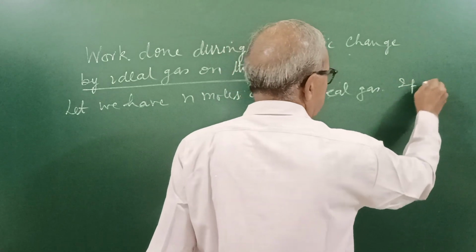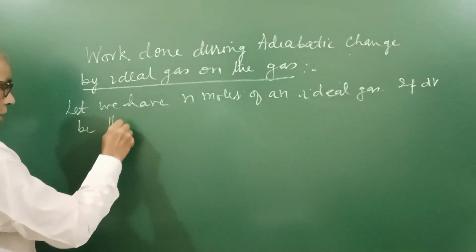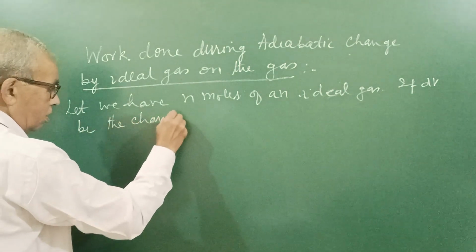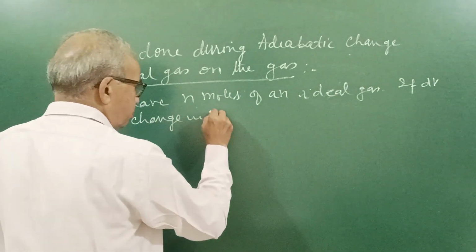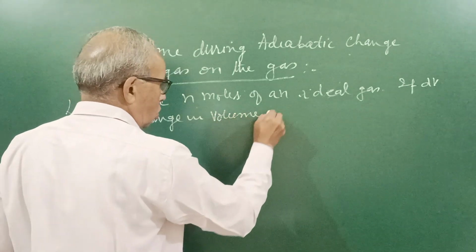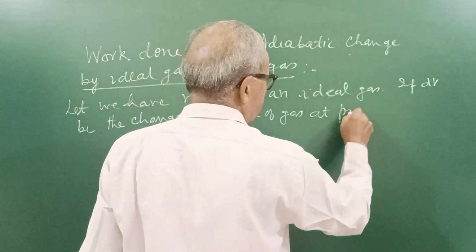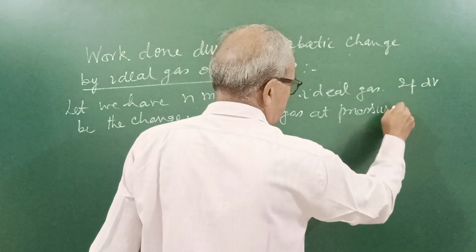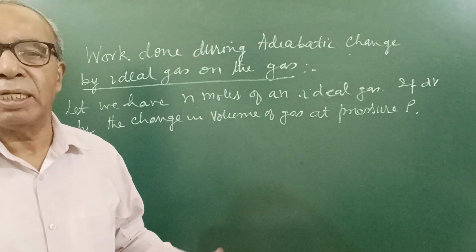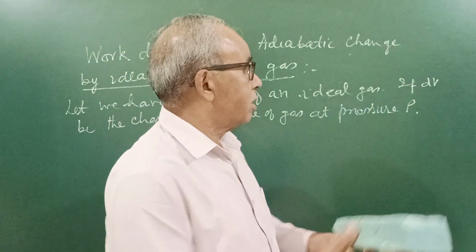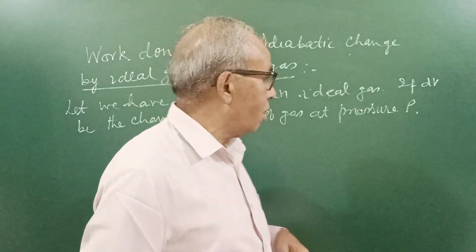If dV be the change in volume of gas at pressure P. Actually, when volume changes, pressure also changes. So we have let it here dV small, so that pressure can be kept constant, as I have told you earlier also,